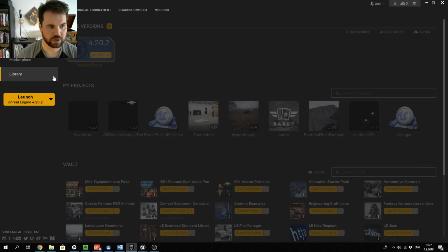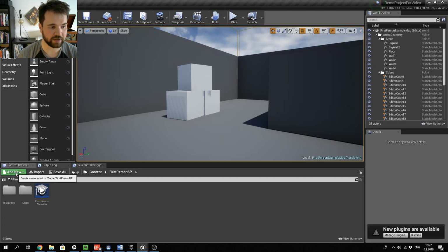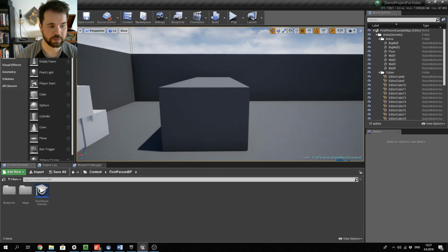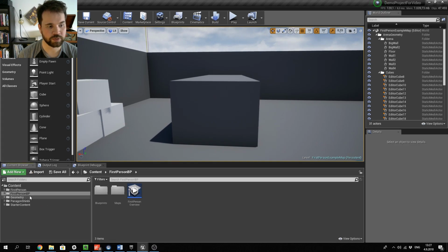Okay, now the download is finished. So we've successfully added the new content to our project. What we want to do is get a little bit of a better overview of what's in our project. So we can press this button here. Once we press this button, we can see the actual content of our project. And the package that we added was called Paragon